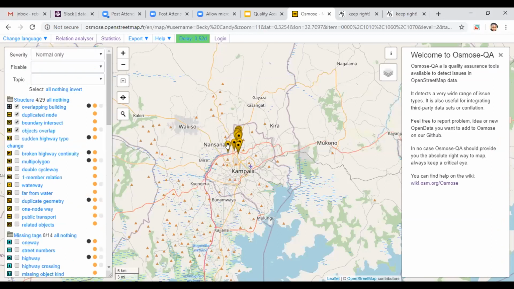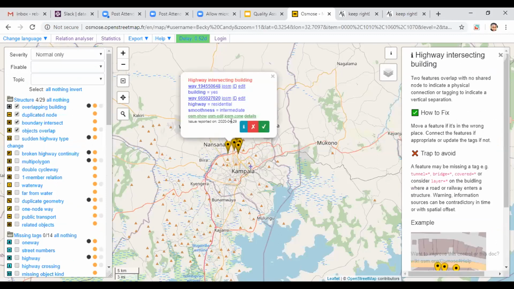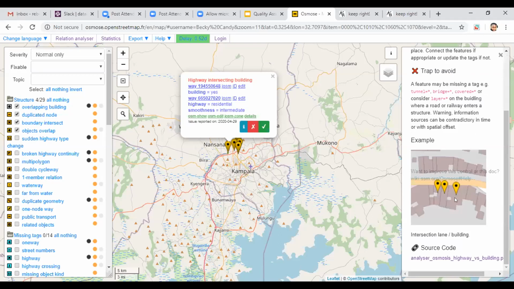When you click on it here, it gives you a description of that error, when it was reported. And then right here on my right, there's a deep description of that error, and they even give you an example of the picture. So if you want to correct this error,